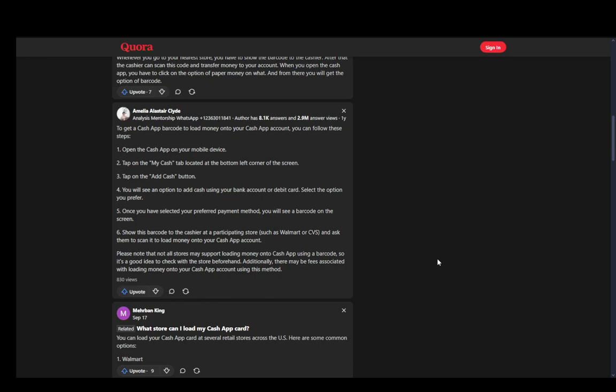on the screen. Then you just need to select the barcode and show the barcode to the cashier at a participating store such as Walmart or CVS, and ask them to scan it to load the money onto your Cash App account, and that is pretty much it. Now, as I mentioned, it is a very simple process. All you have to do is just set up your Cash App and go through these steps, and you should